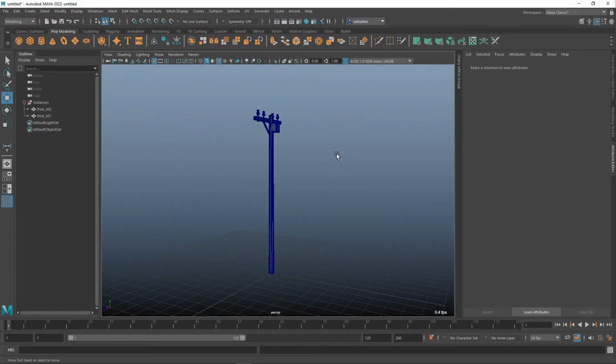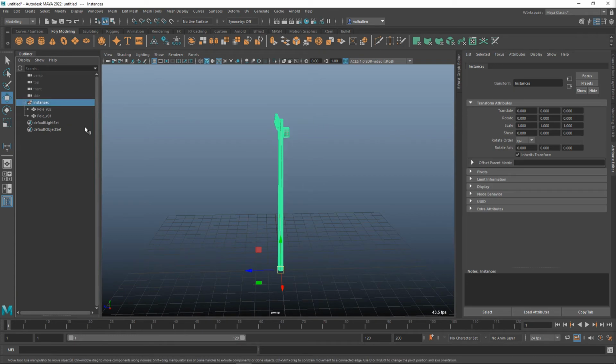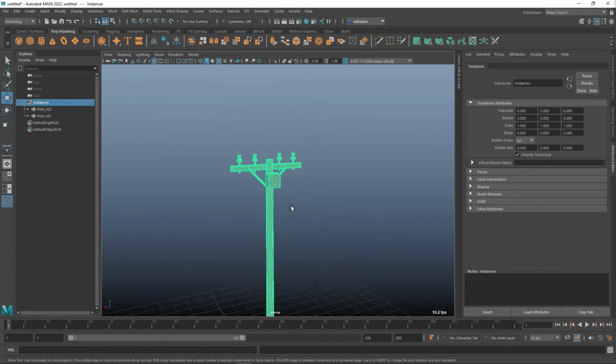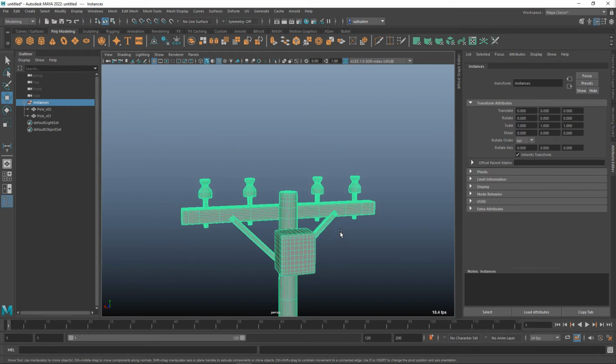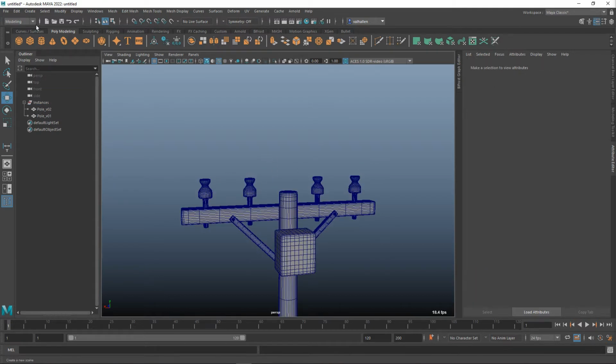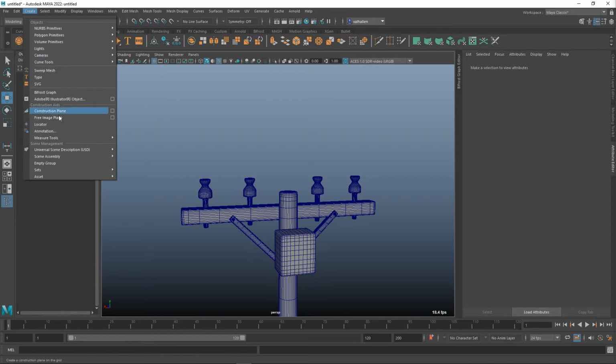So where to from here? We have the instances in, there they are, they're in their own group, they're happy. What we need to do now is create the attachment points for the wires that'll be instanced along with all of the instances that happen. All that I'm going to do there is put in locators where the wires will attach to the poles. So let's create a locator like that,